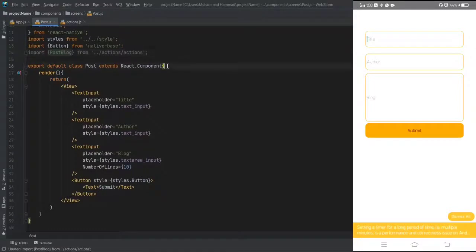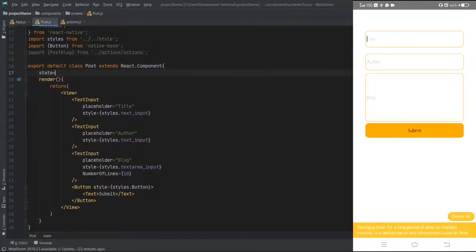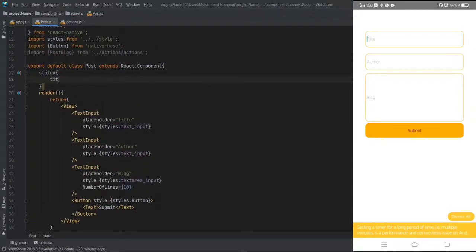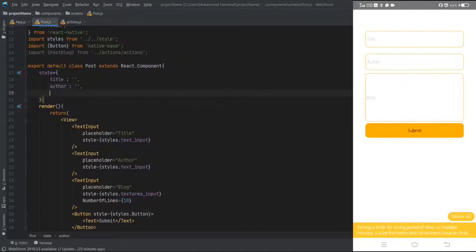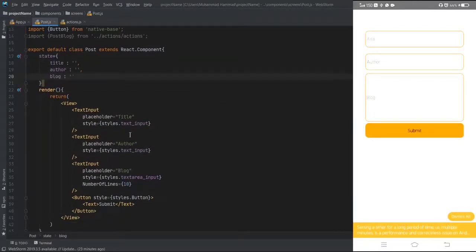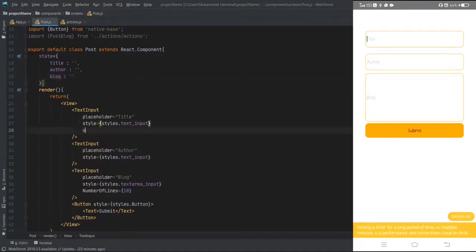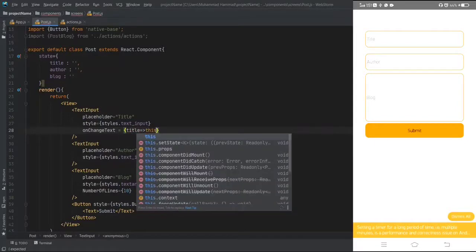So we have to declare our state here, like this, and we have three inputs: title, author and blog, like this. And in order to pass the text input to the state, we have to add an onChangeText property in our text inputs, and here we can set the title into the state variable.